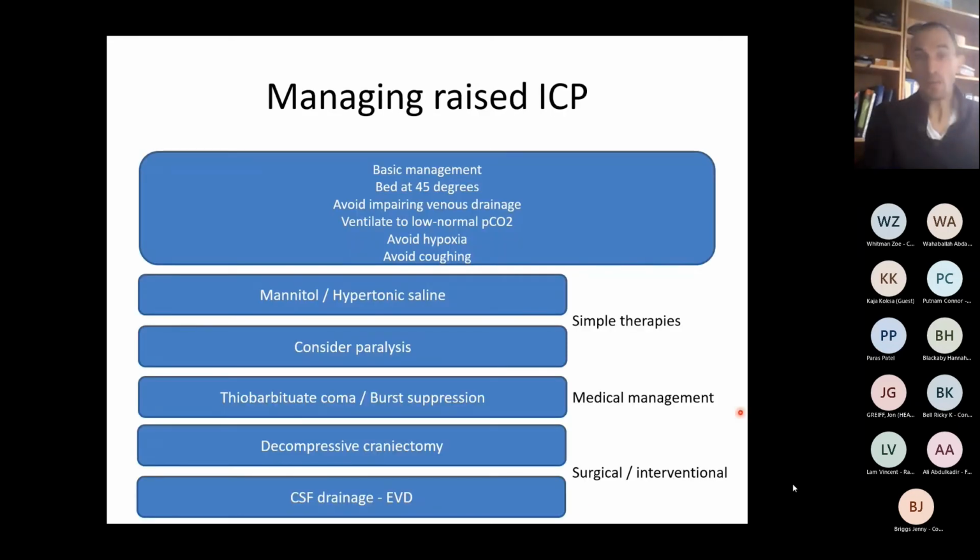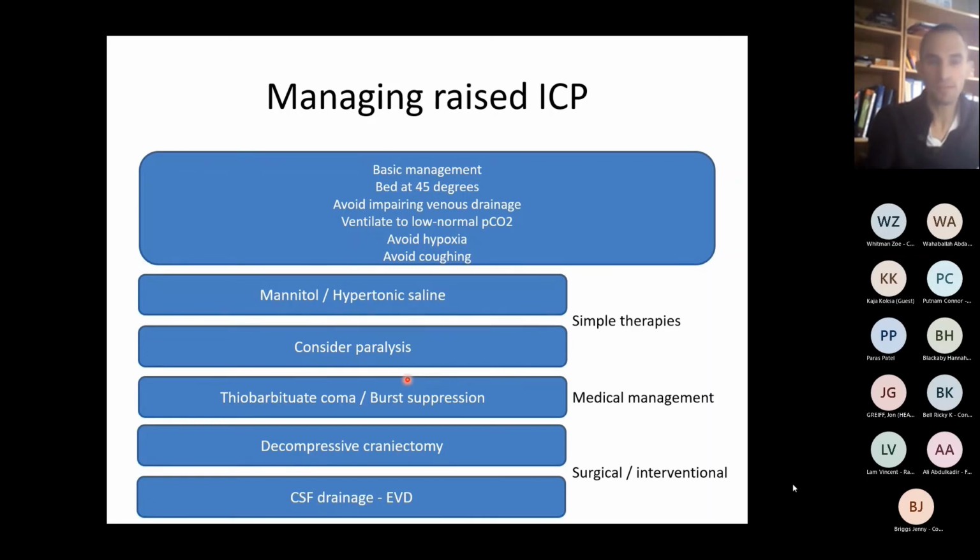So we've talked a little bit about what we would do to manage raised ICP. I spoke earlier about the fact that some of our neurosurgical colleagues have access to some additional therapies which might be useful and some additional monitoring. We sort of get down to about this point in UHL, and then beyond that we struggle. There's nothing else that we can really do. But I thought I'll try and highlight some of the other things that can be done in the case of refractory raised